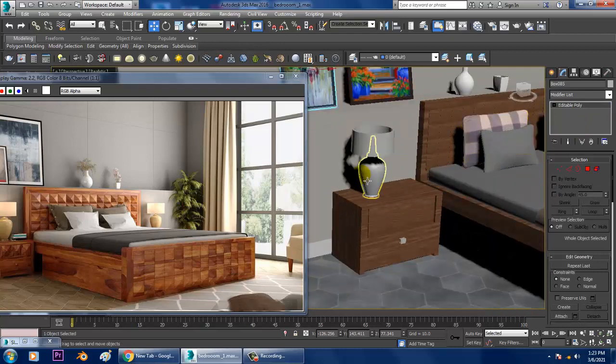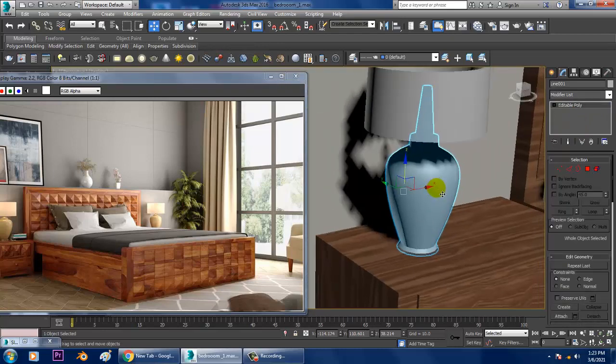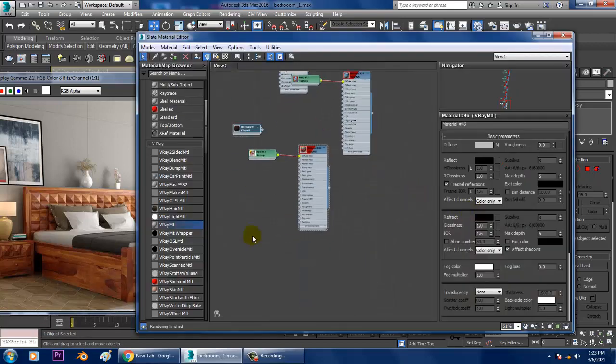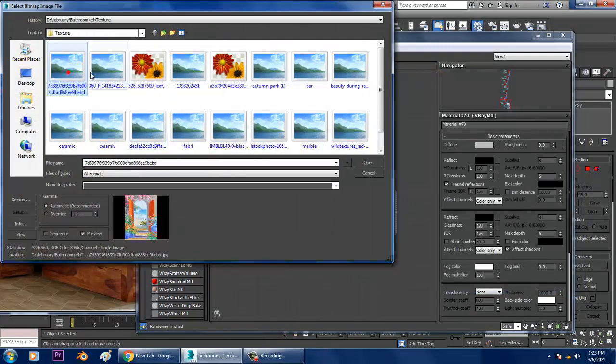I'll be selecting this part, and for the lamp I'm going to give another ceramic material. So let's go into this V-Ray material, go into the bitmap. I have already taken another ceramic material, so I'll be using this one.